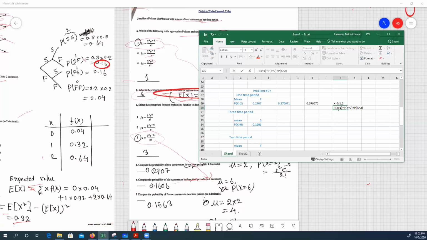Actually you are adding these 3 probabilities, but here you are just finding the probability of x equals 2. This is not cumulative, so that's why this probability is smaller than this one. Okay,